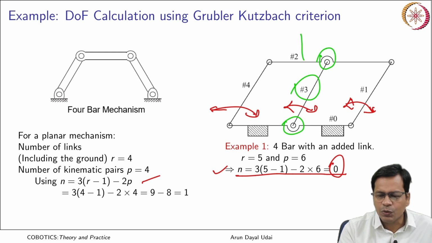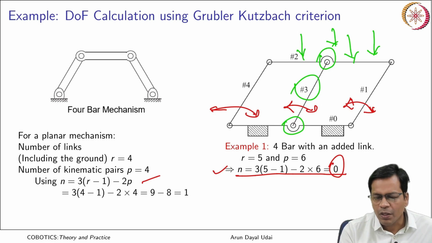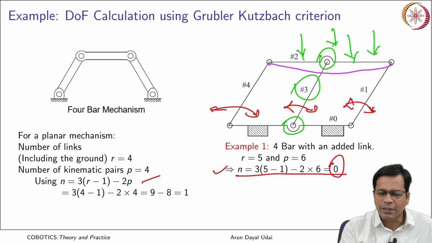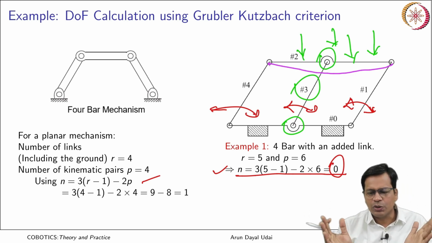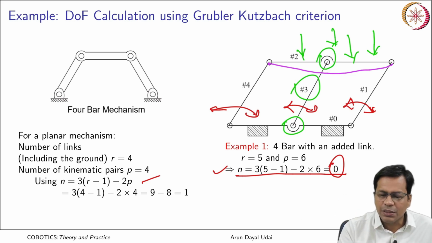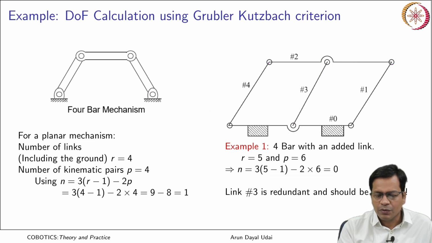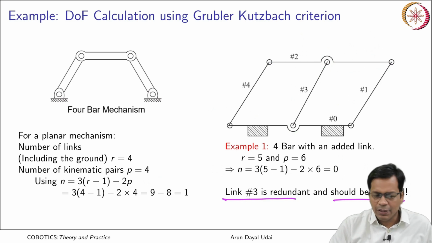Let us say there is a huge load from here. Yes, it can help you to take up that load in order to prevent it from sagging, something like this. But definitely it does not have any role in creating the motion or maybe creating a new type of motion anywhere on the system. So, this is a redundant link which is there only to support the system. This should be removed before you calculate the degree of freedom of the system. Otherwise, this type of result is quite possible. So, link 3 is a redundant link and it should be removed before calculating the degree of freedom.